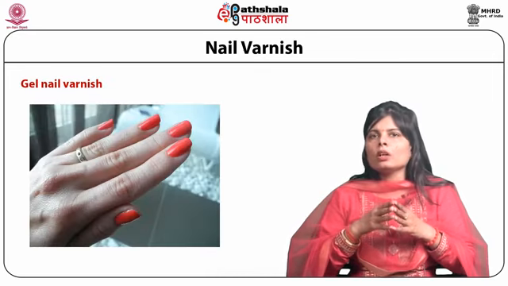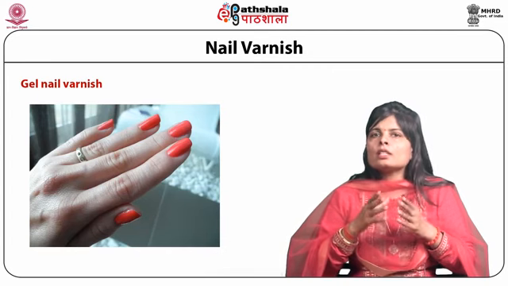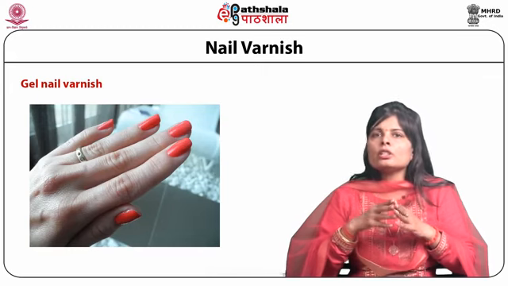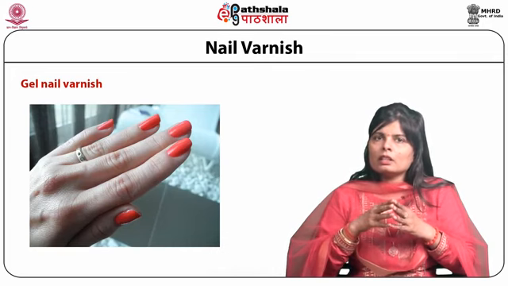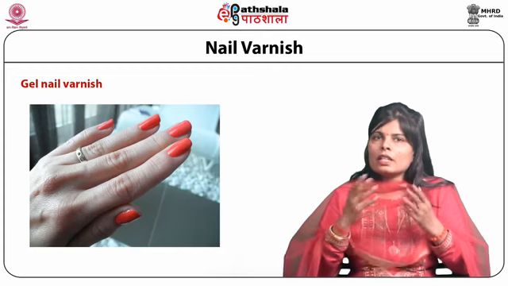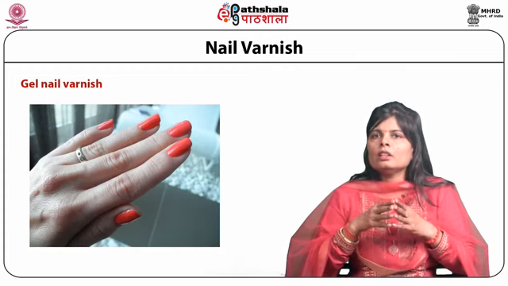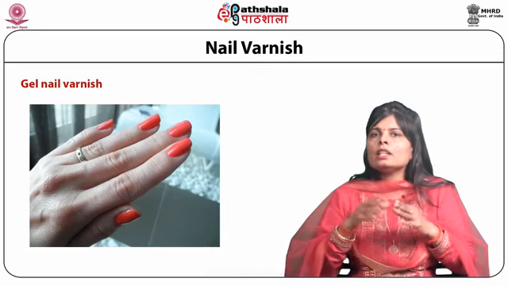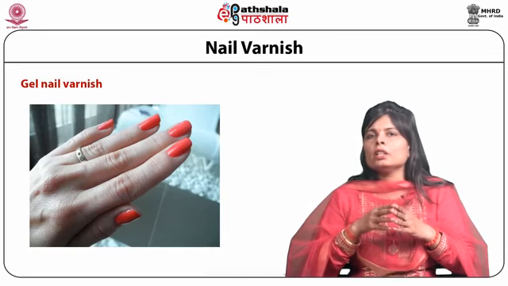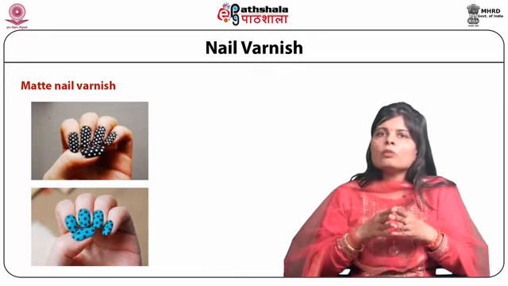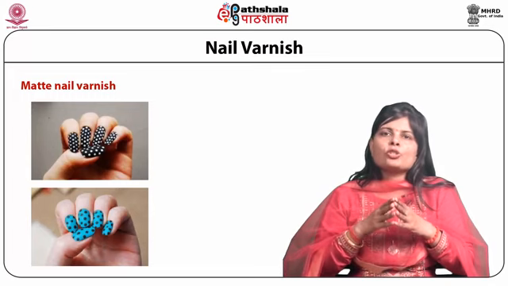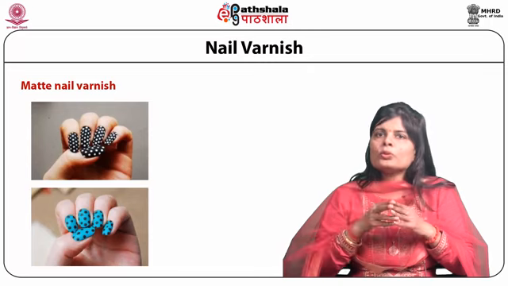The gel nail varnish. Gel polish consists of methacrylates, and is used in the same manner as traditional nail lacquer. Methacrylate is added as a bonding material. It sets more rapidly and sticks strongly to the surface of the nail. Gel nail varnish, unlike other nail lacquers, is difficult to remove from the nail. Matte nail varnish, also known as regular varnish, is available in various textures and shades. It is commonly used to give a dull finish to the nail lacquer.